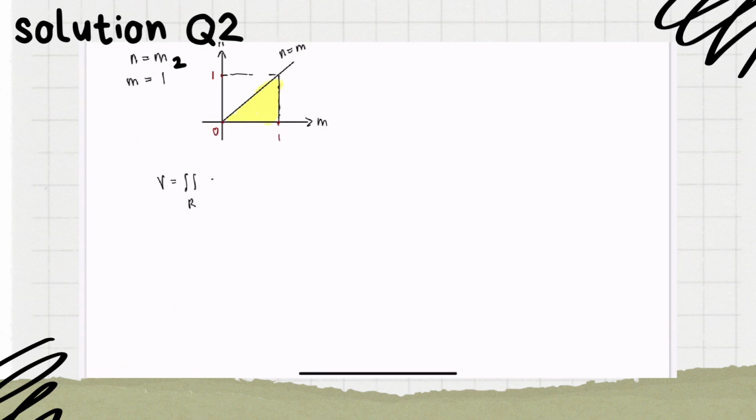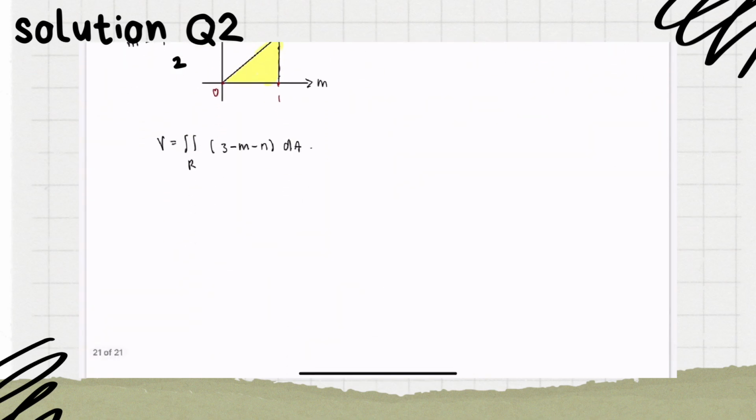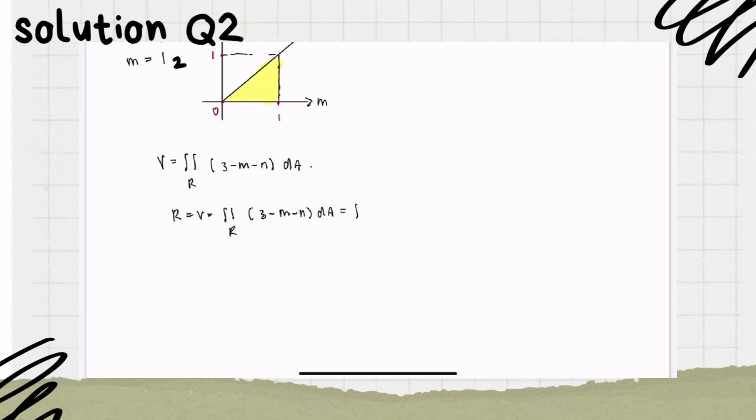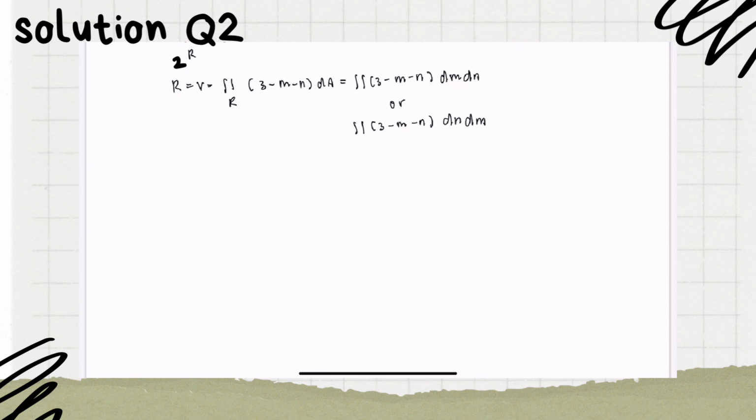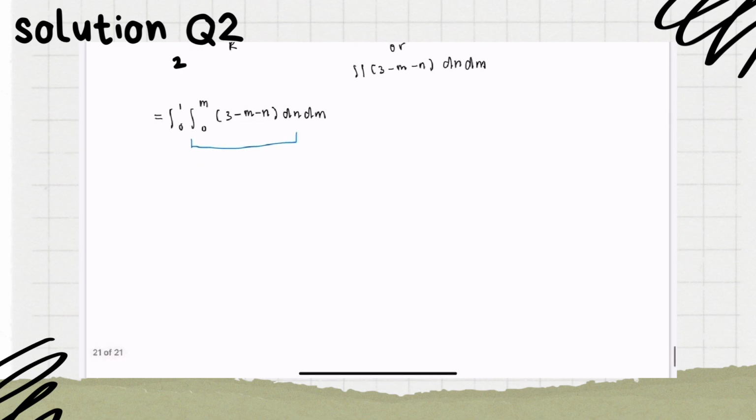Now we substitute our equation into our formula, which is the double integral of 3 minus m minus n dA. From the previous slide on the theories and laws, we know that we can use Fubini's theorem on this equation. That is the double integral of 3 minus m minus n dm dn, or dn dm. We can solve it now. To solve the double integral, we have to solve the first integral. I'm going to use the below one, that is the integral of 3 minus m minus n dn with limits m to 0, and dm with limits 1 to 0, because we want to integrate the variable first, so we can have